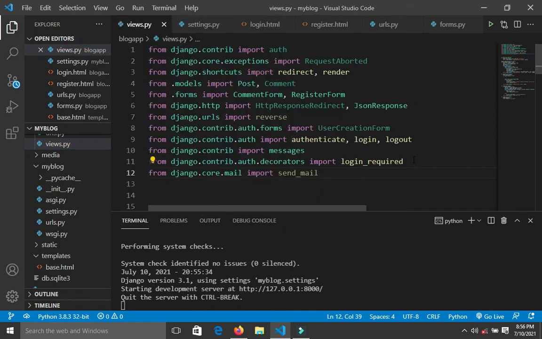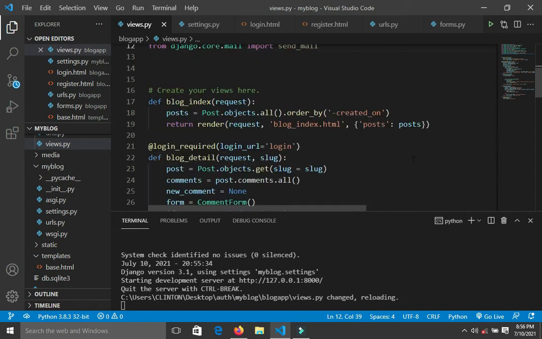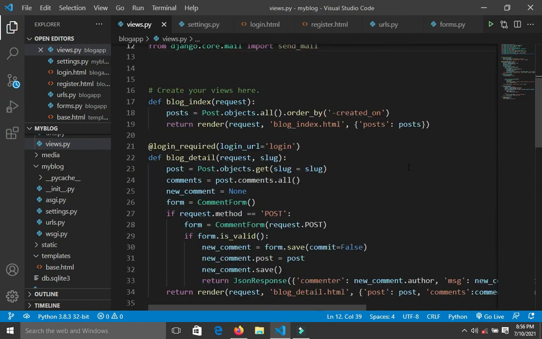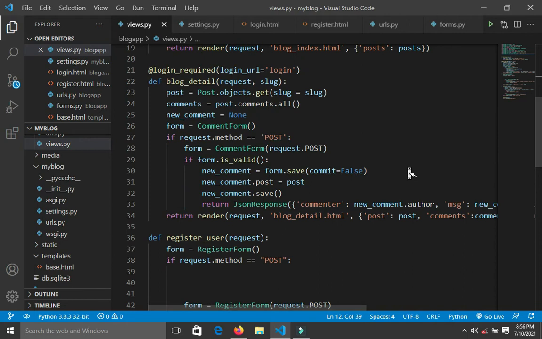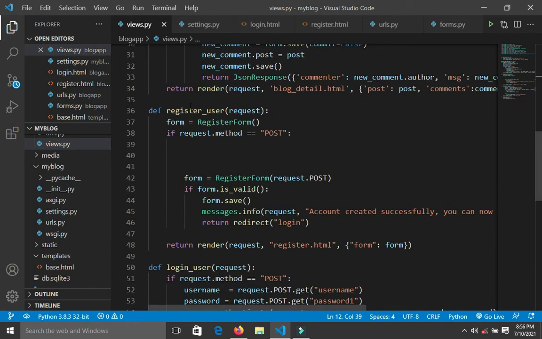After I've done this, now I'm going to close my terminal. So I'm going to go down to the register user function because whenever we register a user, I want to send the user an email telling them welcome to our blog, welcome to our article, you understand? So now under this if request method, which stands for whenever the user clicks on the submit button,